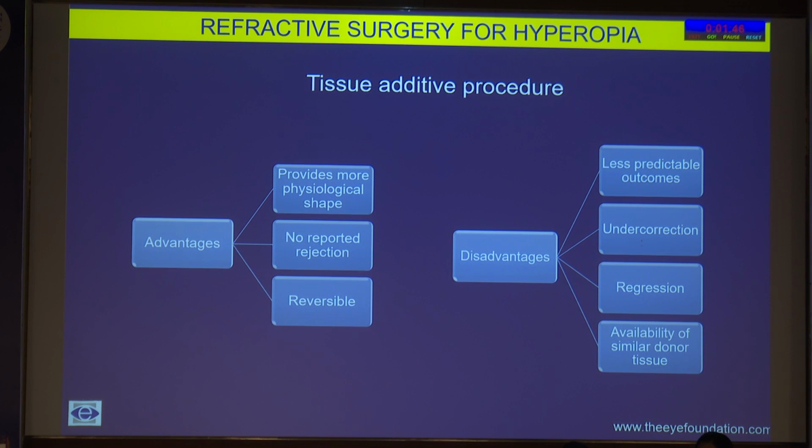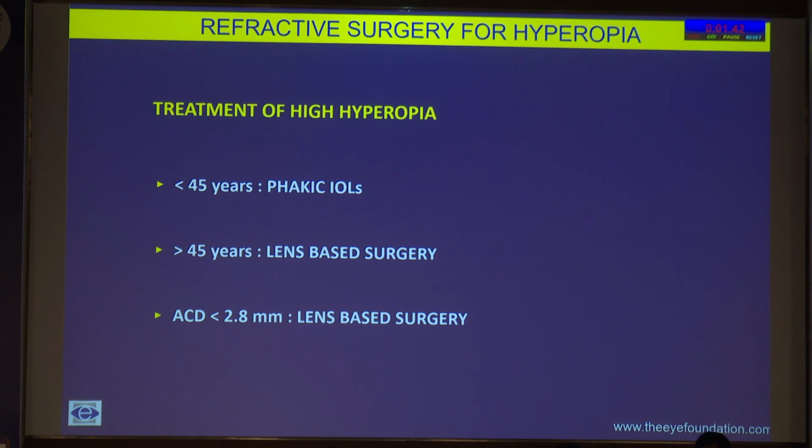And the unique challenge here would be the lack of availability of similar donor tissues. So when we're talking about high hyperopia, according to the patient's age, we can decide. If it's less than 45 years, phakic IOLs would be the choice. With more than 45 years, lens-based procedures would be ideal. And any patient of any age with AC depth less than 2.8 mm, obviously lens-based surgeries are going to be